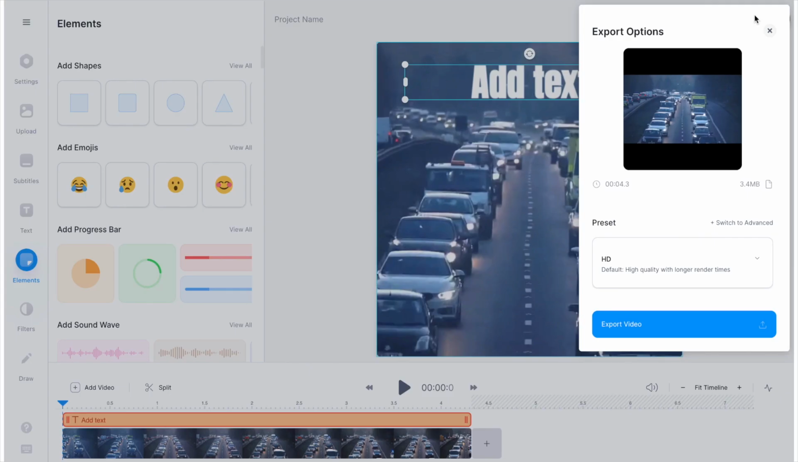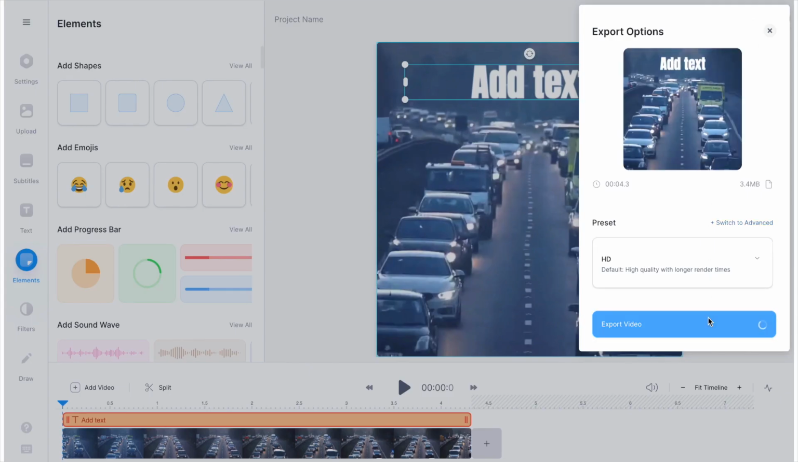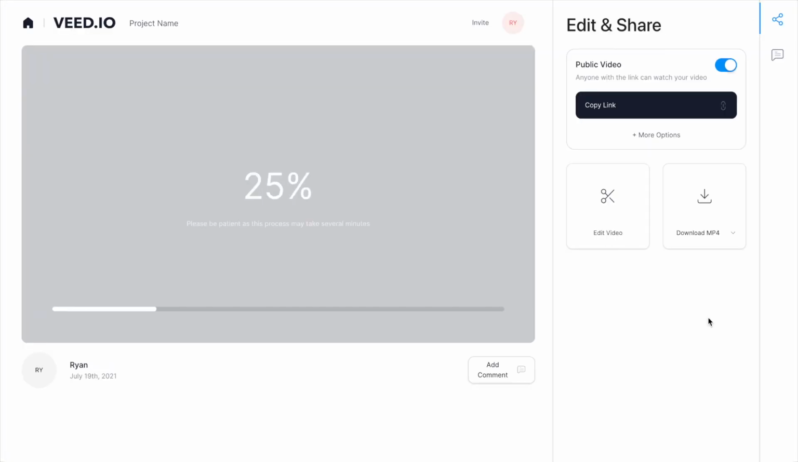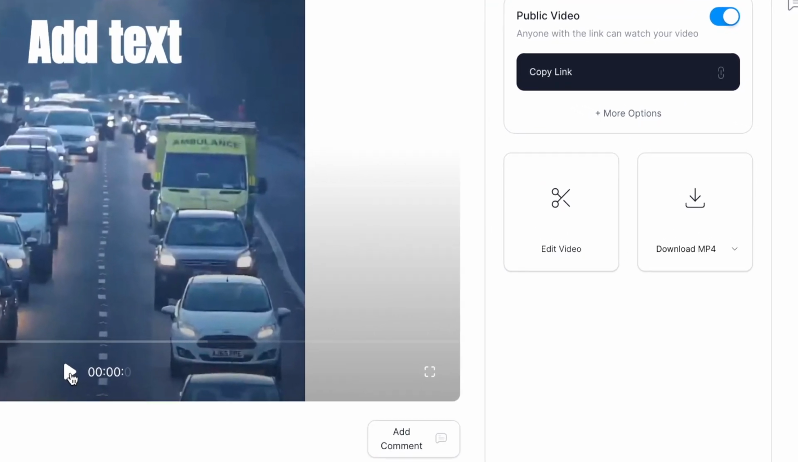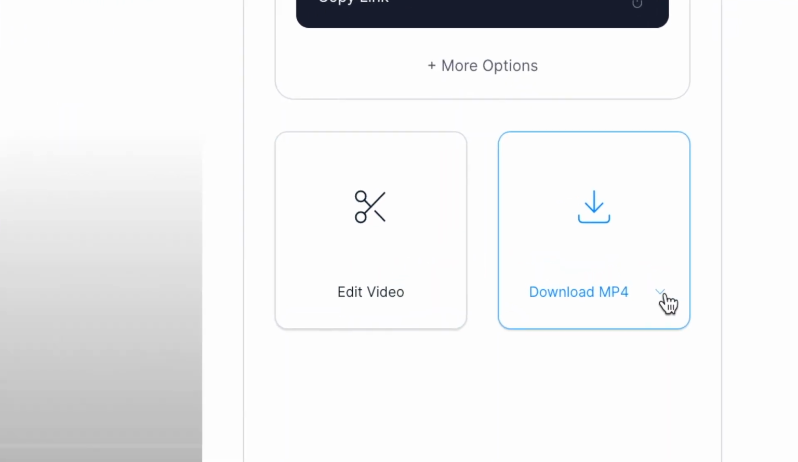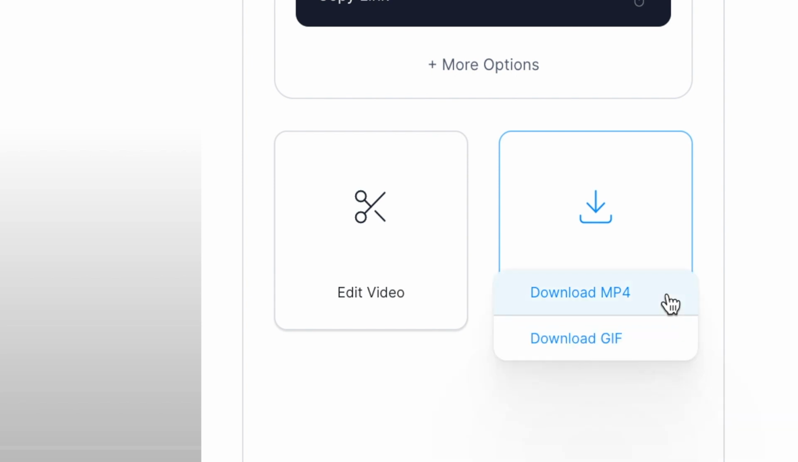And when you're finished editing, just go to the top right-hand corner of the editor and select export, and then export video. And the editing software will now render out your final file. Once it's finished, you can review your final video by pressing play over on the left-hand side. And if you're happy, just go over to the right and under download MP4, use the little arrow to change the option to download GIF. And once you see that on the button, select it and it will download your final GIF file to your